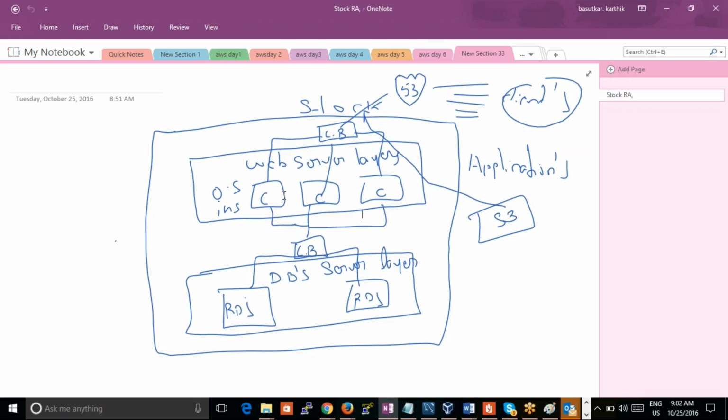If it observes that the CPU of the instance increases, or the RAM of the instance increases, or the hard disk of the instance increases, it will automatically launch a new server. So it will take care of it. So depending upon the load, this load balancer, depending upon the load on the load balancer,